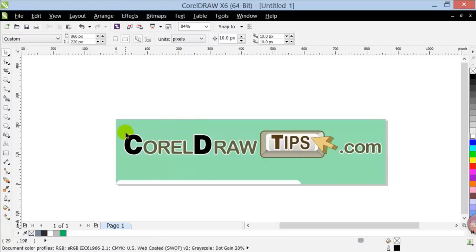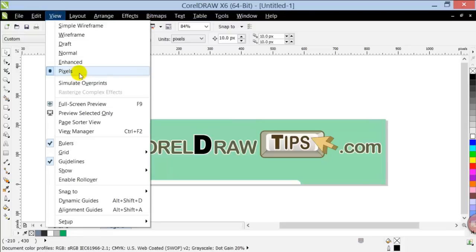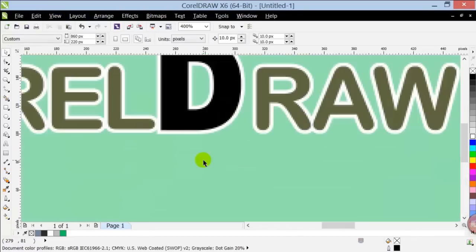Okay, so now when you click on view, it's in pixels, right? You're viewing it in pixels. CorelDRAW did this so that you can view the pixels in the real view. Okay, because what happens is if I zoom in here,